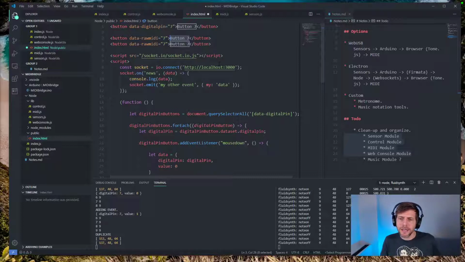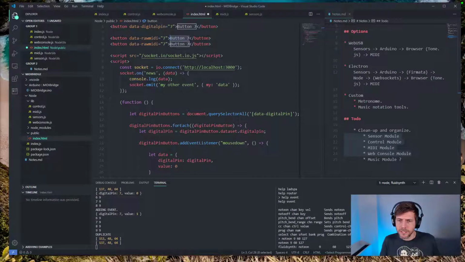I think I need to select the bank within a channel, right? Is that what I was supposed to select? You select the bank and then you select the program. I'm a little confused about the distinction there. But program change says the channel and then the number. So let's do program 0, program 1. So from a MIDI standpoint, this probably looks like